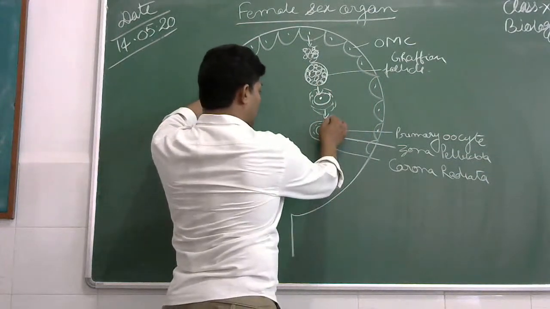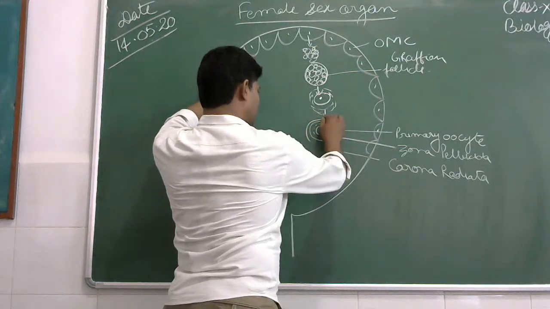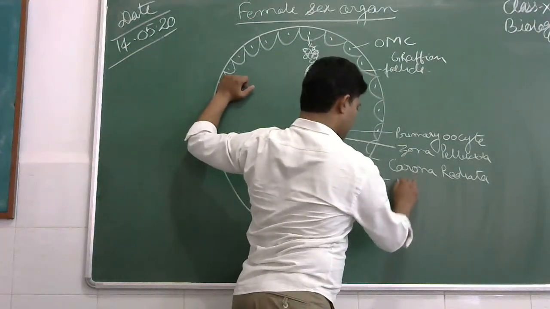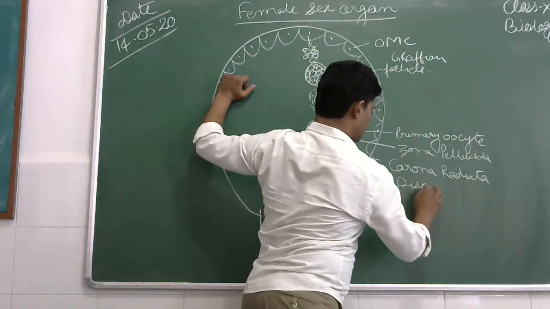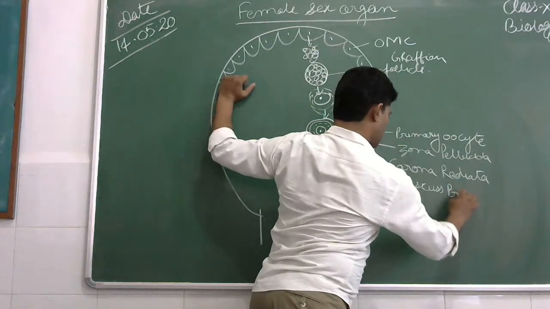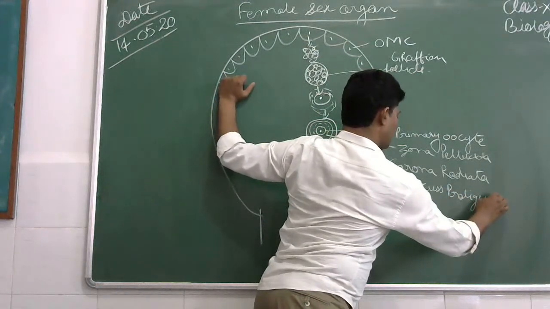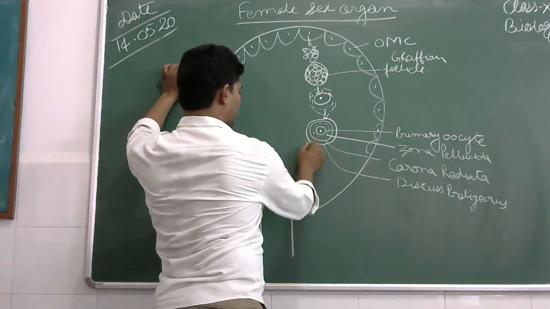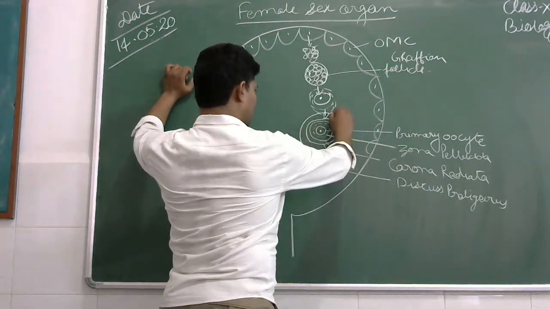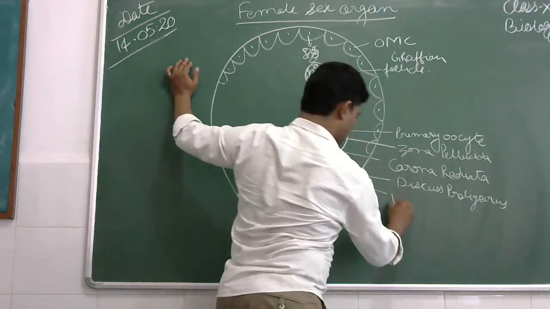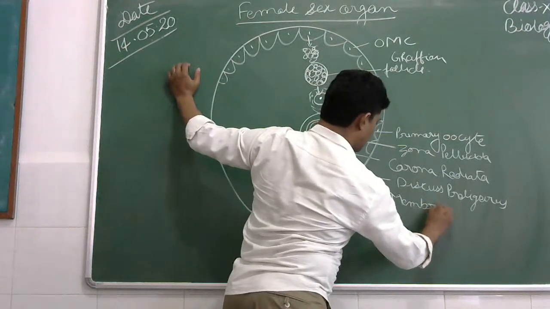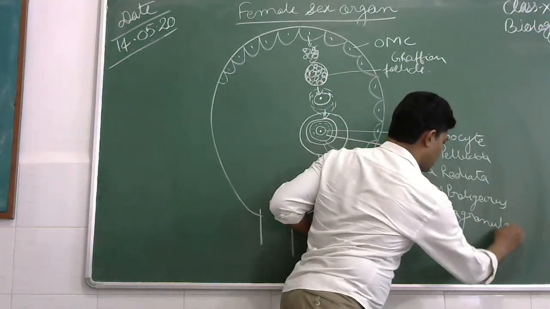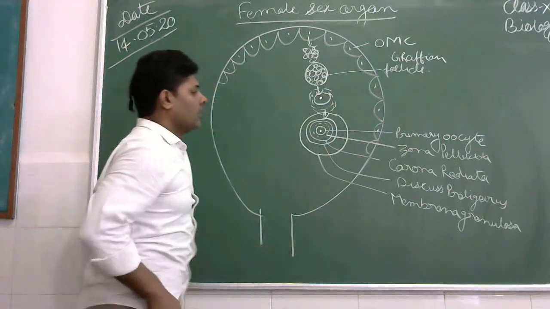Okay, and above the corona radiata is another covering, the viscous polyurus, and then above the viscous polyurus is the membrana granulosa. Okay,